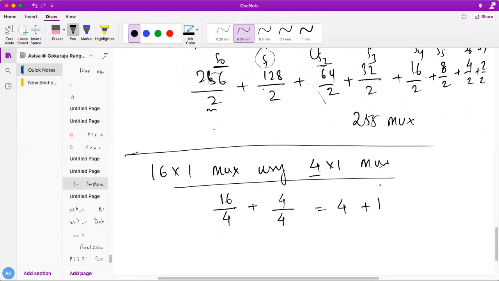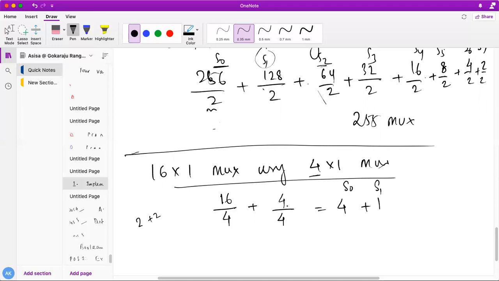So what will be the selection lines? 2 selection lines are required here. What are those? S1 and S0. Okay, all of you understand? So these are the 2 selection lines we need. These are the pairs actually. As you know that this is 4 cross 1, 4 cross 1 means there are two select lines.